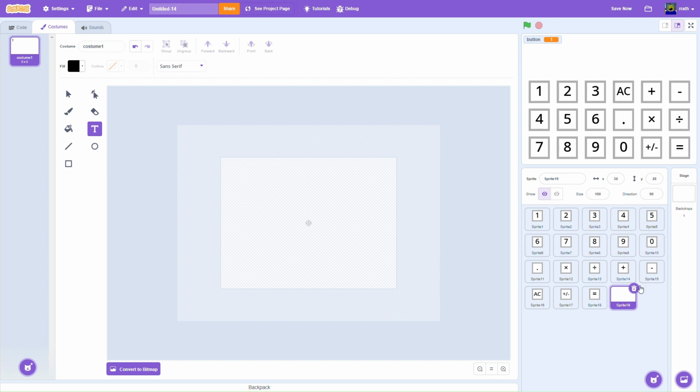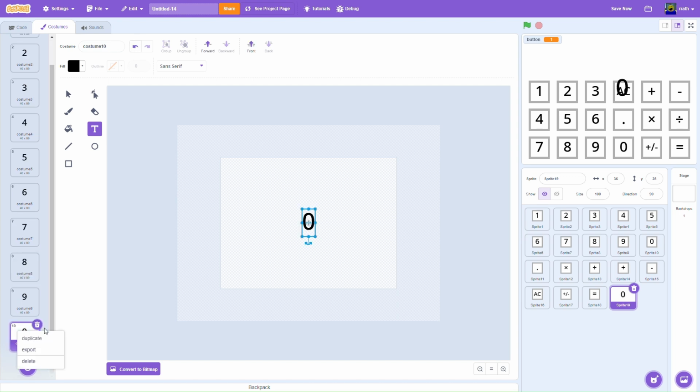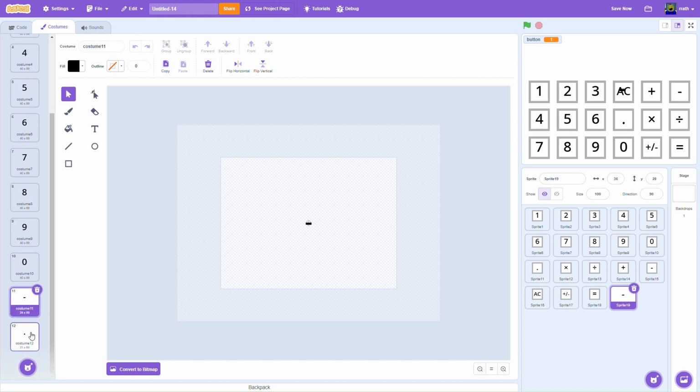And for the display, we're actually going to have multiple costumes that have each number for them. So let's make costumes now. So we have 1, and we're going to duplicate these until we have 1 2 3 4 5 6 7 8 9 0 minus and decimal place. So after you have all of these, so 1 2 9 and then 0 minus and then decimal place,